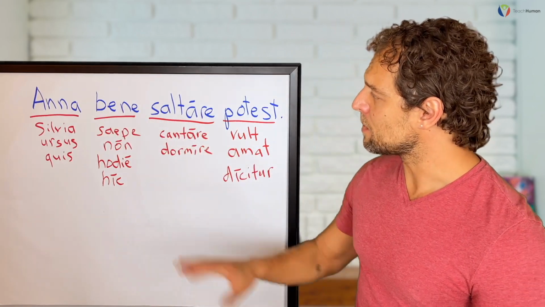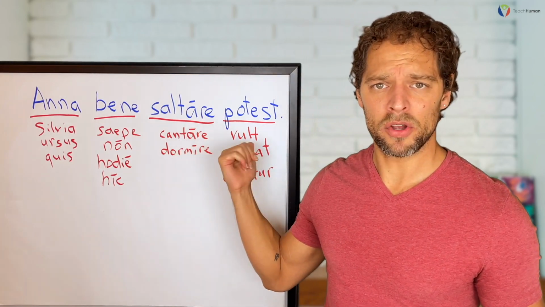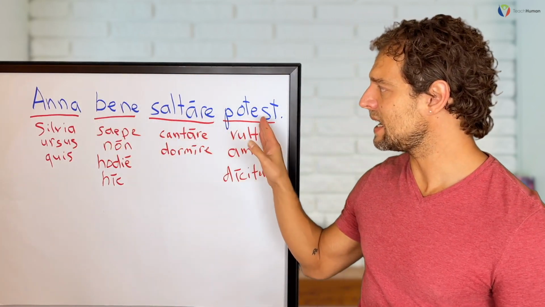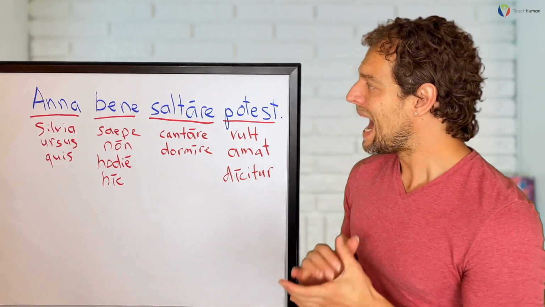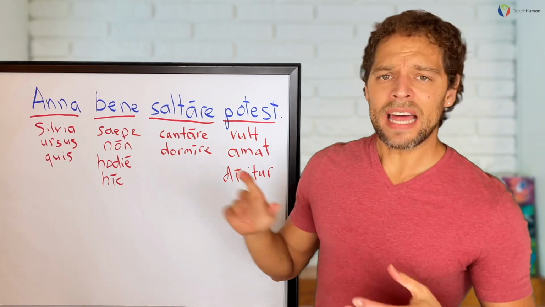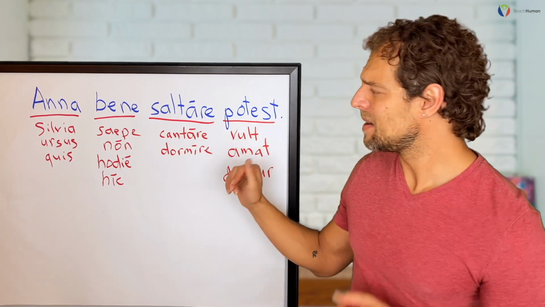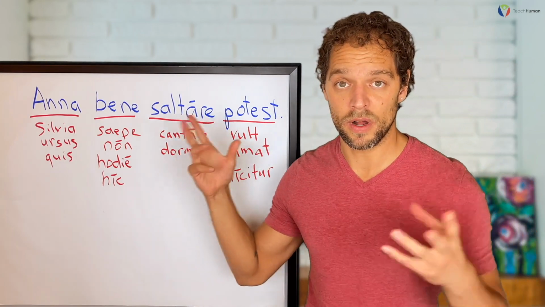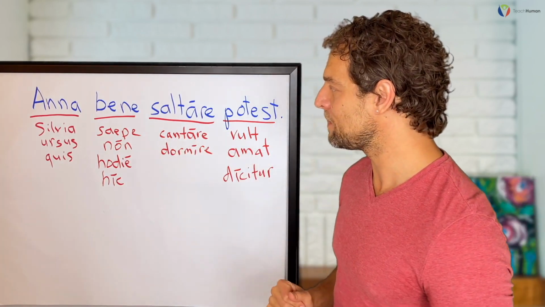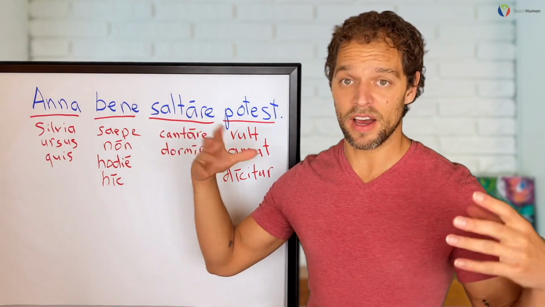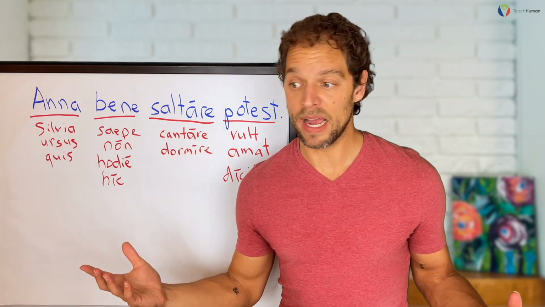I could ask questions about other slots, like Anna bene saltare potest? An, that's the or word for an either-or question, right? An bene cantare potest? Bene saltare potest? An bene cantare potest? Well, since this is a context of communication, I want to make sure that we're actually using real information. So if other students are unsure of whether Anna is able to sing well, I might ask,